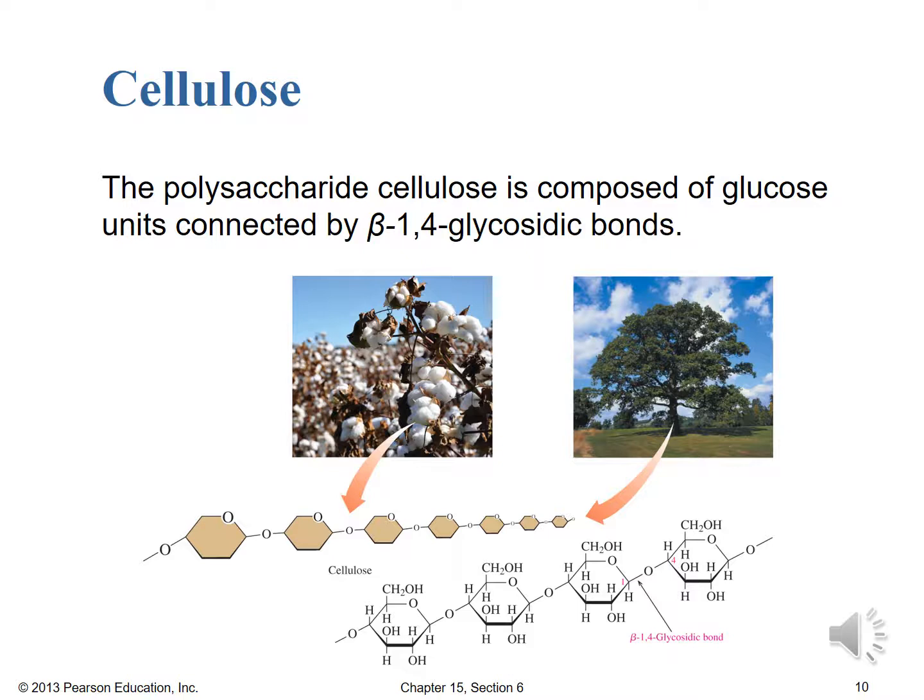Okay, and there we see it, that cellulose polysaccharide is glucose units connected by those beta 1,4 glycosidic bonds, and they're nice, long, straight chains, polymer chains that align nicely with each other and form these beautiful and very structurally sound cellulose structures. However, humans can't digest it because we can't digest that beta 1,4 glycosidic bond, but there are animals like horses, cows, and goats that can get glucose out of cellulose in particular, because they have bacteria in their digestive systems that do have the ability to break down those beta 1,4 glycosidic bonds,